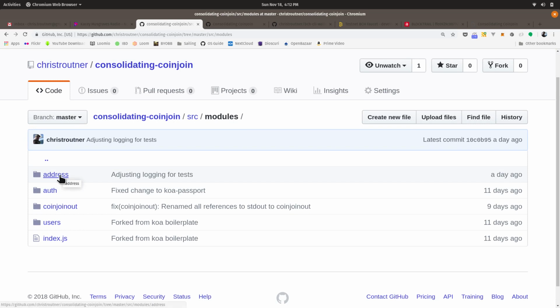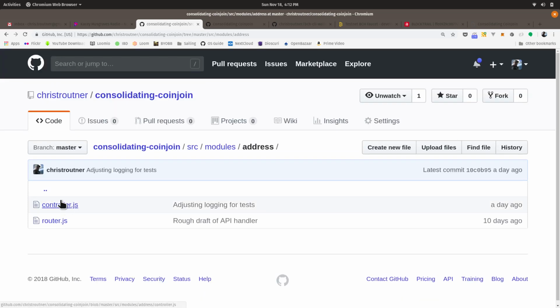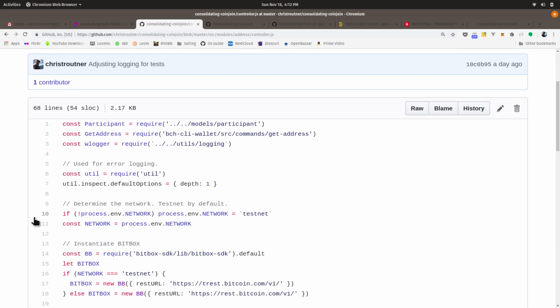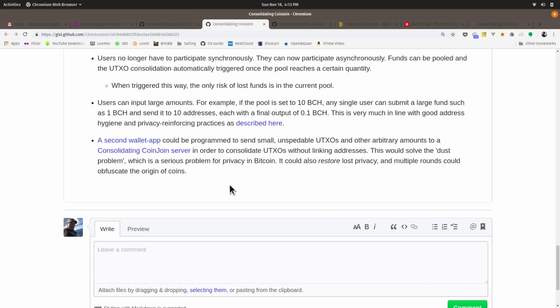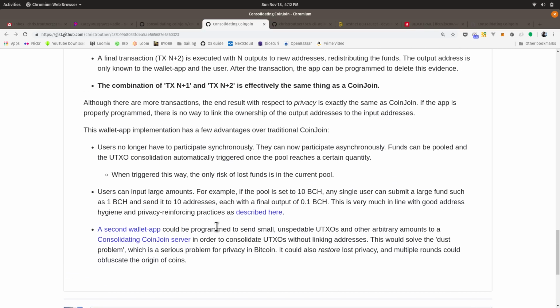The important one is address. This is where the wallet talks to this endpoint. I talk about that a little bit here at the bottom of the paper. What the wallet app is doing is requesting: it's saying, hey, I have this many addresses with this much BCH. Give me an input address for each UTXO so that I don't have to mix my UTXOs, and that's in line with privacy best practices.